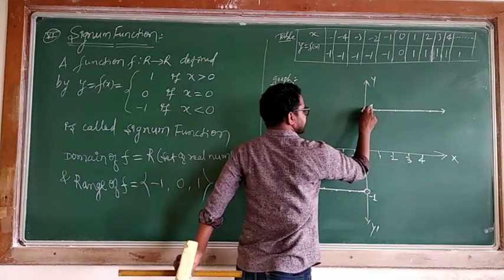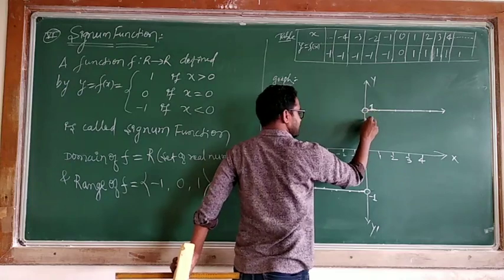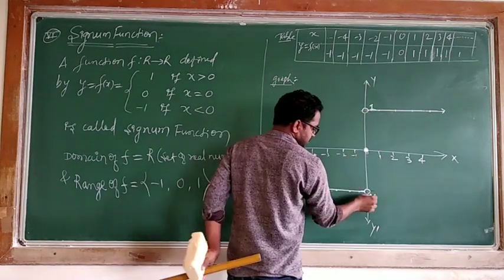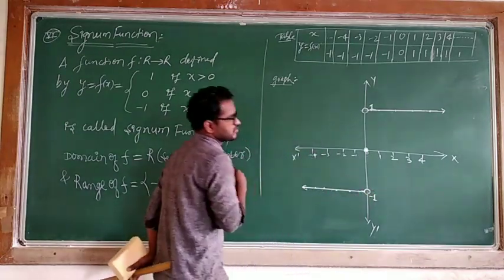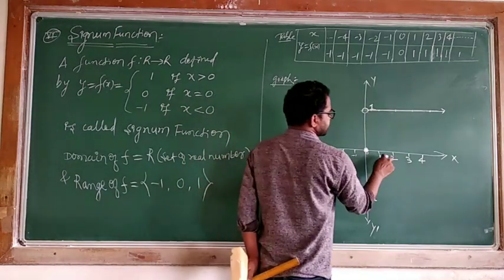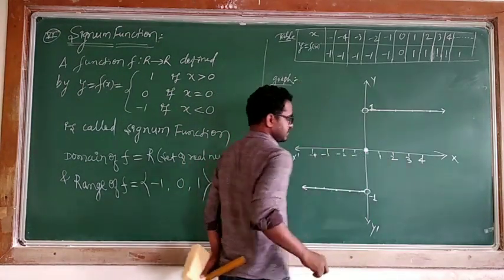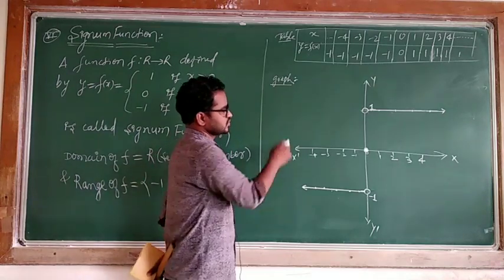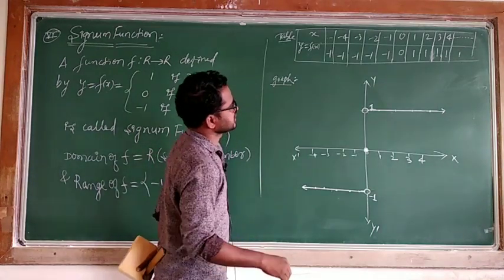Here it is disconnected, so open circle. Then again it comes here, this is the shaded 0, 0. This is again open and then it will be this line. That is x more than 0. In this case x is greater than 0, you will get this. And this will always be x less than 0. So this is the graph. This is a signum function.